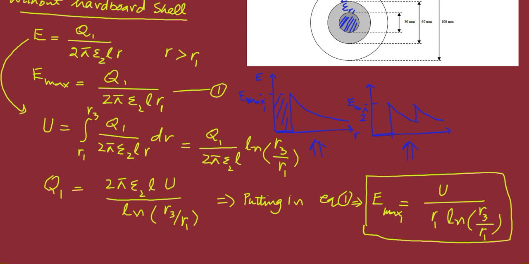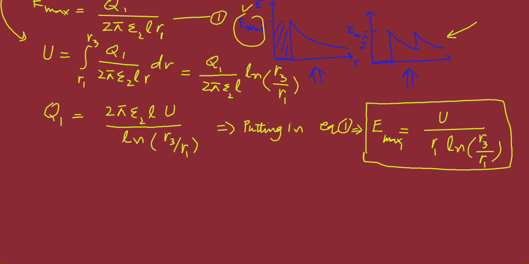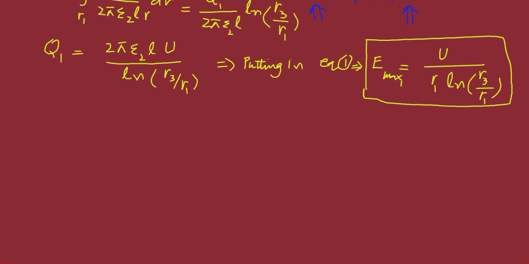So we found E max 1 here. Now we are going to evaluate the second case where we have hardwood shell to determine E max 2. Then we will calculate the percentage difference. So with the hardwood shell now,